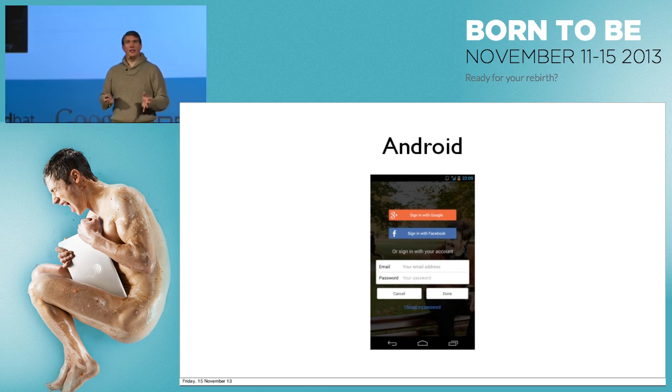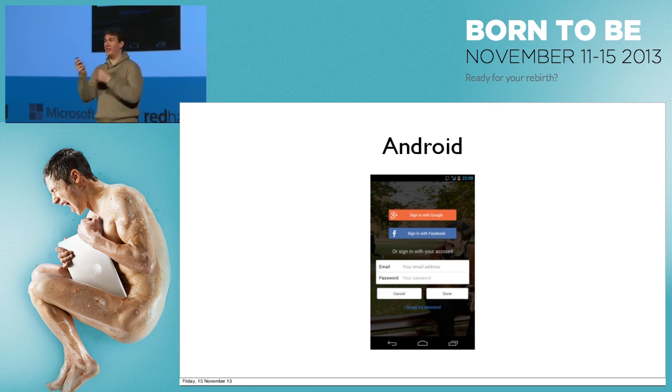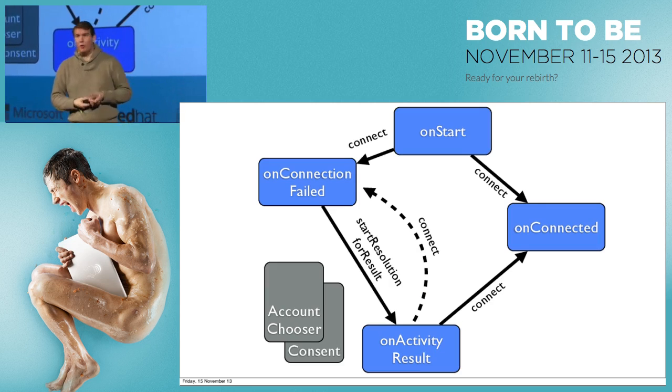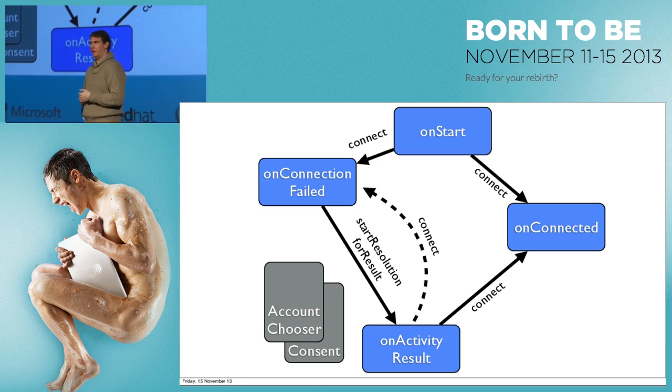So, sign in on Android. Pretty straightforward. And you're going to see this flow again. I'm not going to cover web here, but if you want to look at the web flow, you'll find it's actually got the same dynamic. And the dynamic is that we want to see whether the user is signed in. If they are signed in, great. If they're not signed in, we have to show them a button and then interact with them.